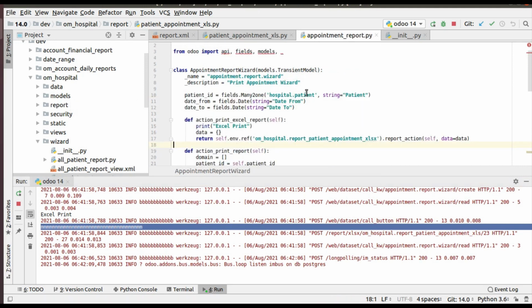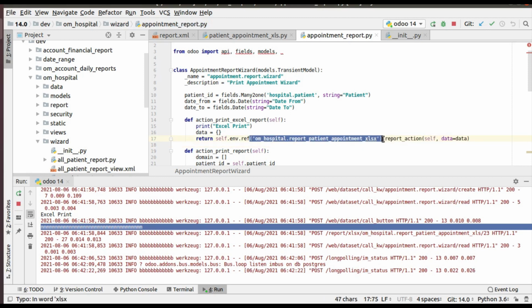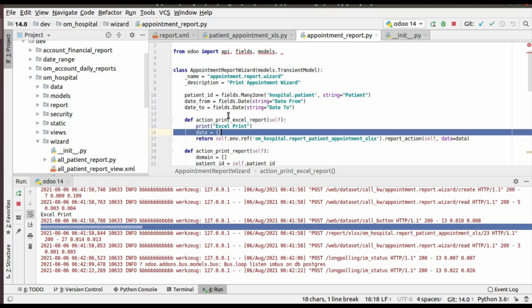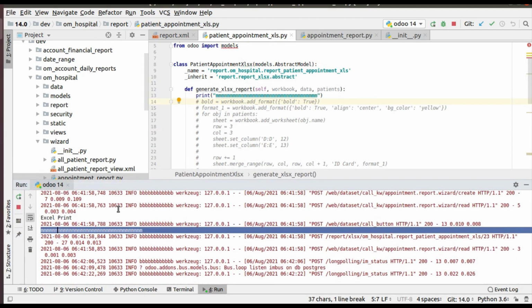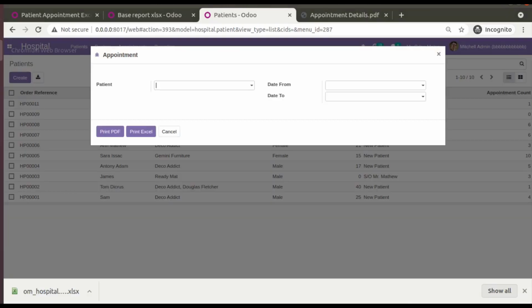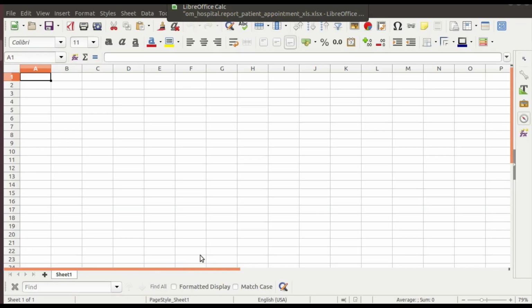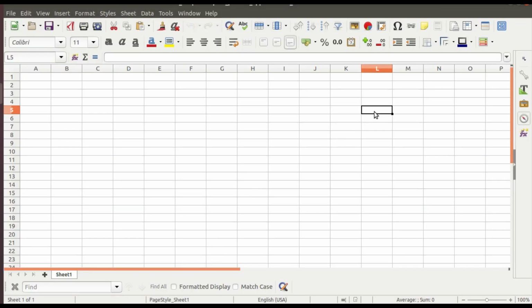Once we call self.env.ref, we refer to the corresponding report action and call the function with an empty dictionary, and you can see the execution reaches here and it gets printed in the log. Also a file gets generated. If you open the file, you can see there is no data, an empty Excel file has been generated.